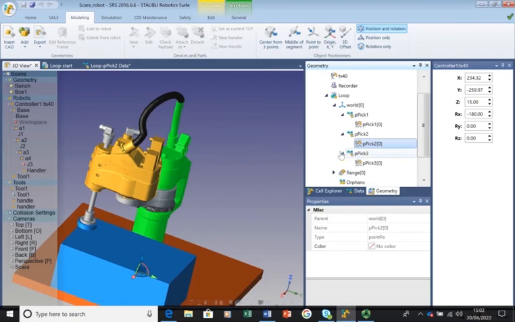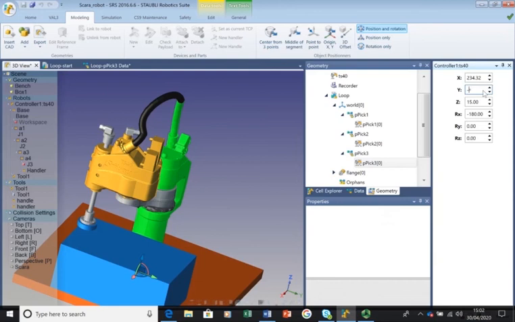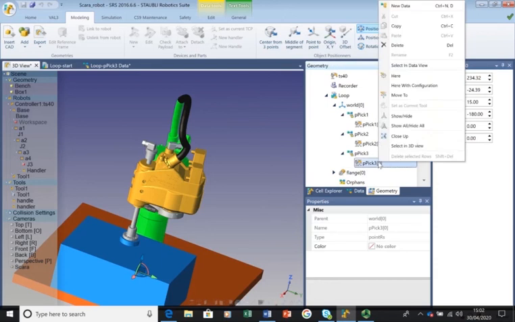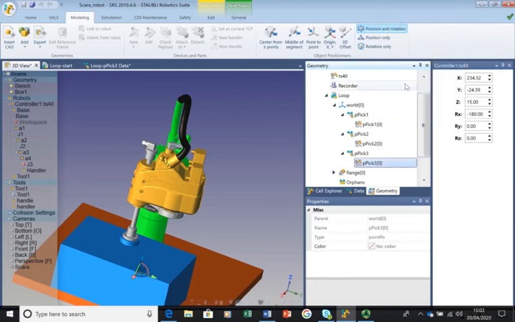And let's expand point 3. 2, 3, minus 24.39. You'd have thought I'd have been a bit tidier. And it's somewhere in the middle. And that represents point 3. So if I right click on there and see it here with configuration,